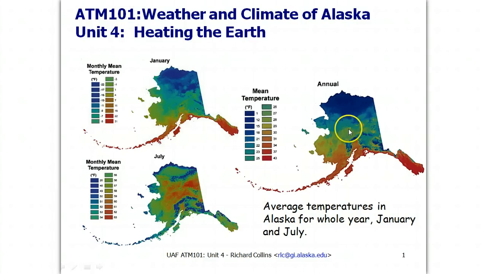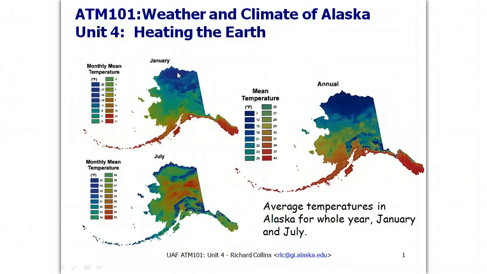These three maps show the average temperatures in Alaska for the whole year, for the month of January and the month of July, and they highlight many of the processes we are considering in this unit. In the annual average temperatures, we see that the state of Alaska gets generally colder as we head northwards across the state. Maritime influence is visible in the south and along the west coast, where the climate is generally warmer than in the interior. However, maritime influence isn't that obvious up on the Arctic Ocean in the annual average and in the January average, because the ocean remains frozen and we don't have liquid water contributing to a warming of